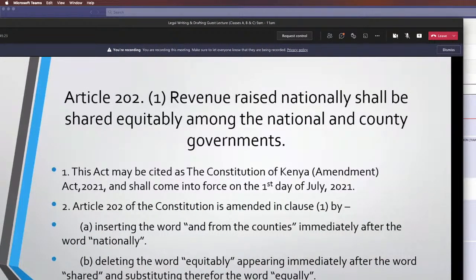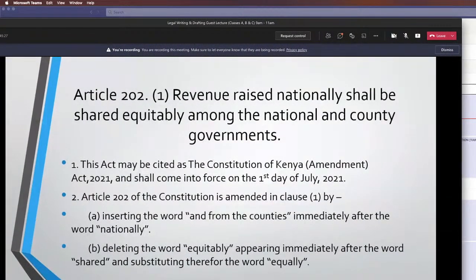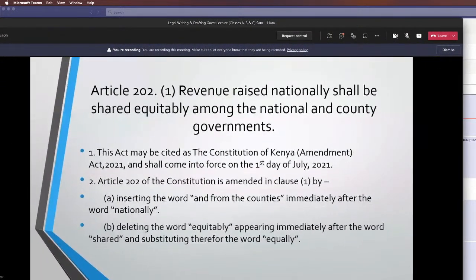So I'll come straight to the short title. This bill, it says this act in a bill. Short title we call it act now. So this act may be cited as the Constitution of Kenya Amendment Act 2021 and shall come into force on the 1st day of July 2021. I've added the commencement clause. Now, the substantive amendment